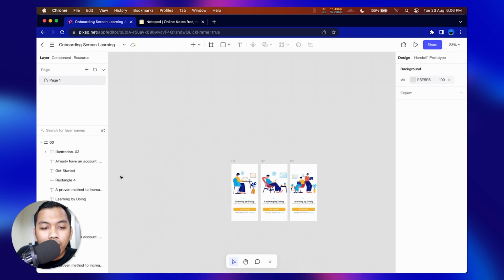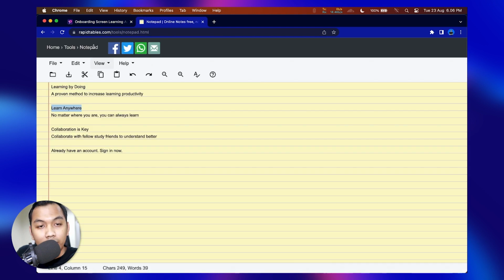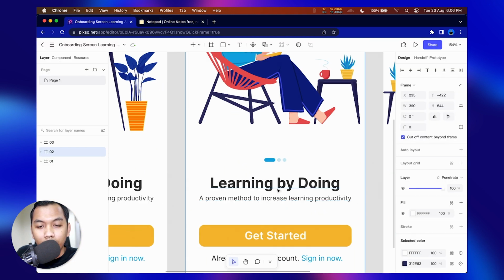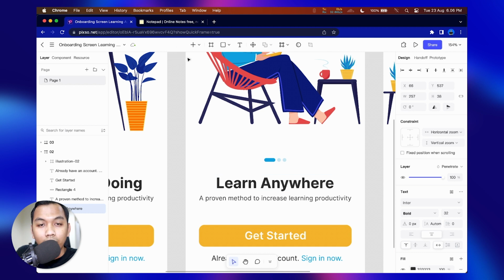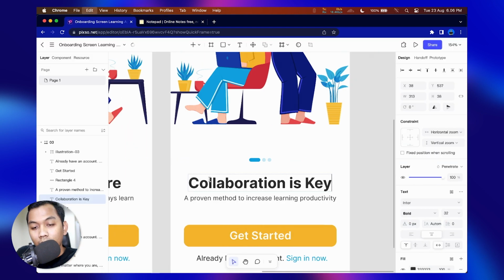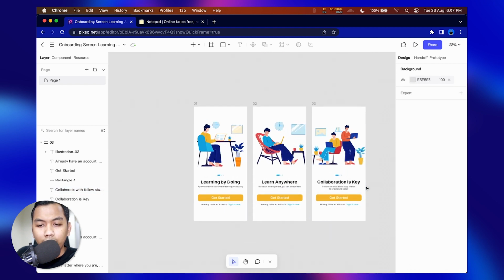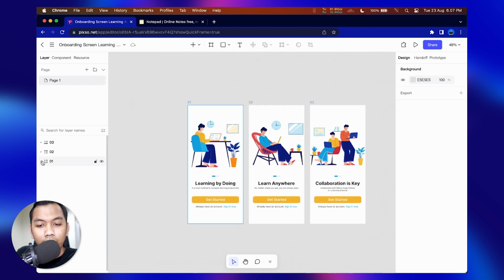All right, so we have 3 screen, and the next is we need to copy this and move here, and this, and the last paste here, and maybe, all right. Yeah, look like this. So we have onboarding screen, which is this is first screen, the second one, and the third screen.